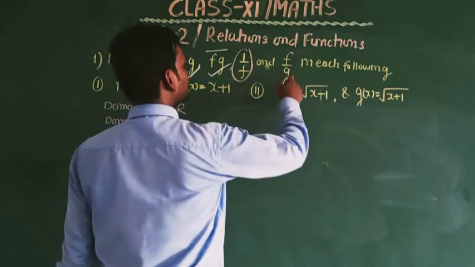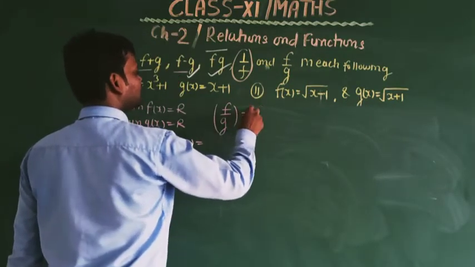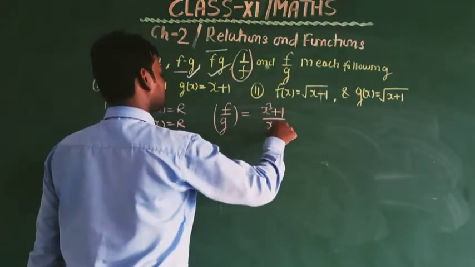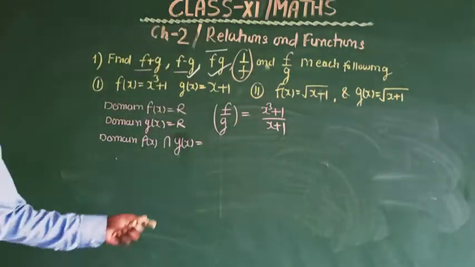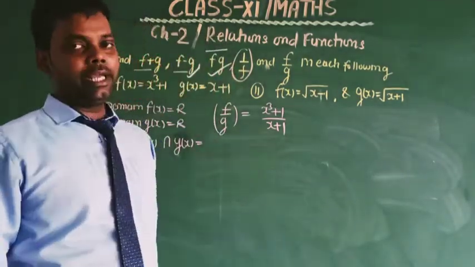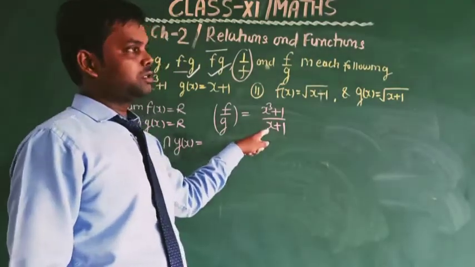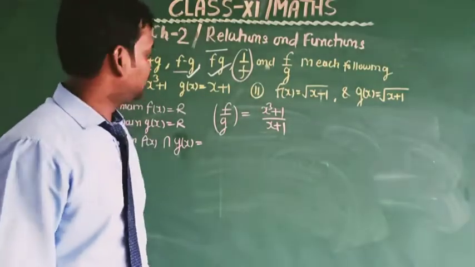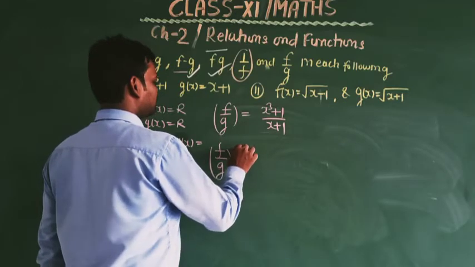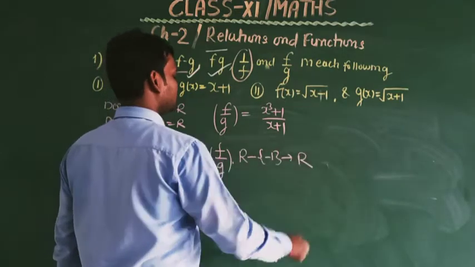f upon g means f is x cube plus 1 and g is x plus 1. So here x plus 1 is not equal to 0, which means x cannot take the value -1, because at x equal to -1 the function is not defined. So f upon g is a function from all real numbers except -1 to real numbers,